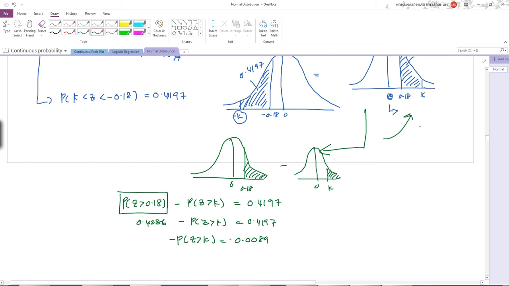And this is negative lah. Right? Lagi besar kan? So, kita akan hapuskan negatif ni. So, probability of Z more than K is 0.0089. And remember, the value of probability cannot be less than 0 and cannot be more than 1. Right? It cannot contain negative value kan? So,